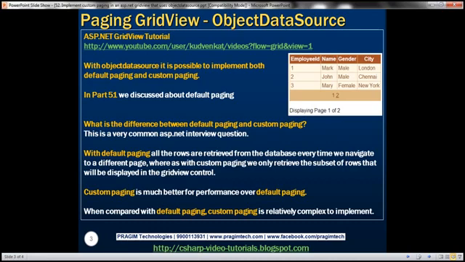So what's the difference between default paging and custom paging? This is a very common ASP.NET interview question as well. With default paging, all the rows are retrieved from the database every time we navigate to a different page within the GridView control. For example, let's say there are 10,000 rows in the database table,